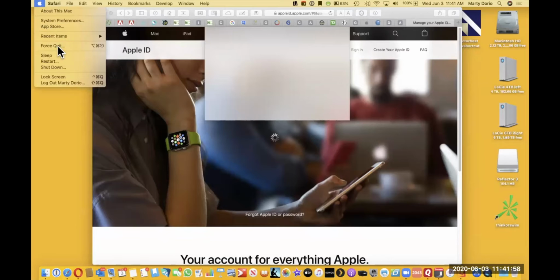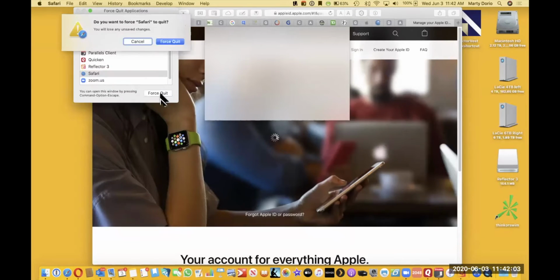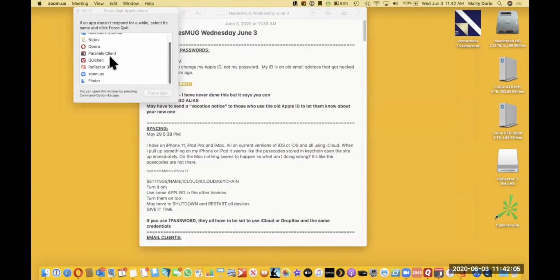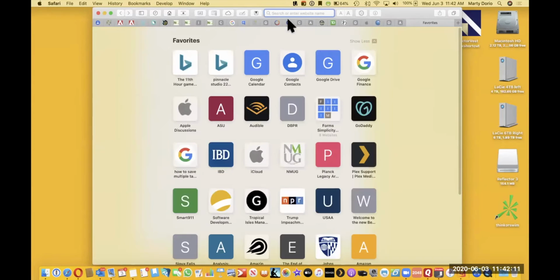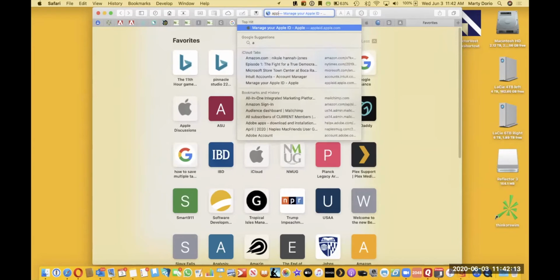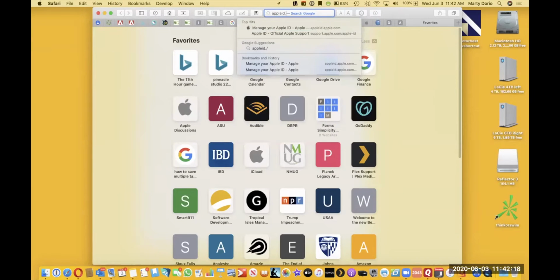Let's force quit Safari and do it all again for some reason. Not sure why that's a problem. So appleid.apple.com